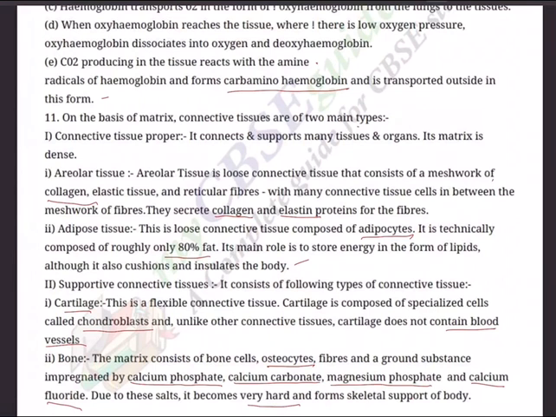So in the next session, we will take one more chapter and one more test paper we will answer, so that you have an idea about the important